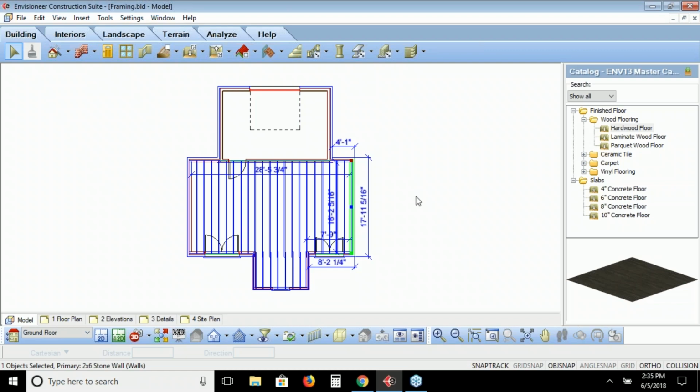Another nice thing about the structural floor tool is the ability to back it out of areas like we did